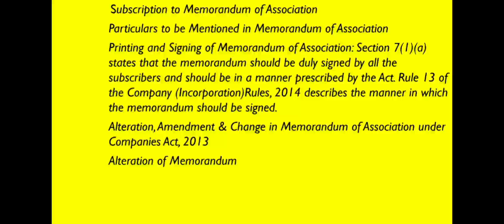According to Circular Number 858 dated 1958, the subscriber can also authorize another person to affix the signature by granting a power of attorney to the person. The person who is granted the power of attorney may be known as an agent. He or she should also state the following particulars in the memorandum. Firstly, the name of the agent. Second, the address. Third, the description. And lastly, the occupation.